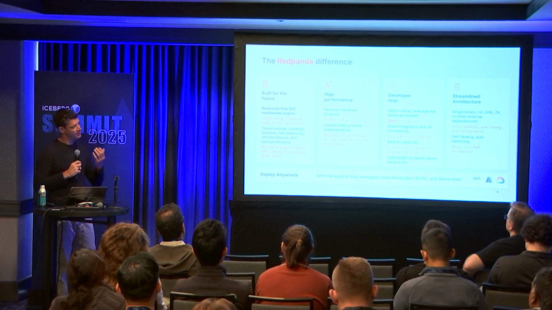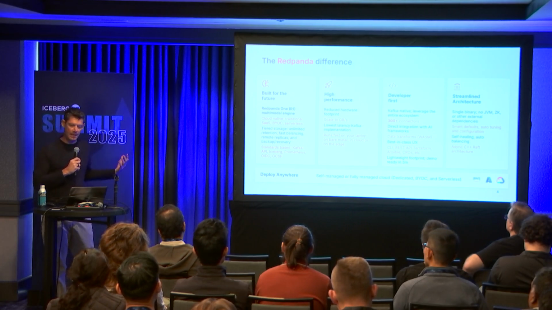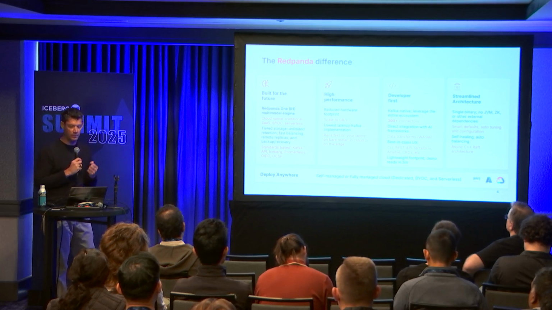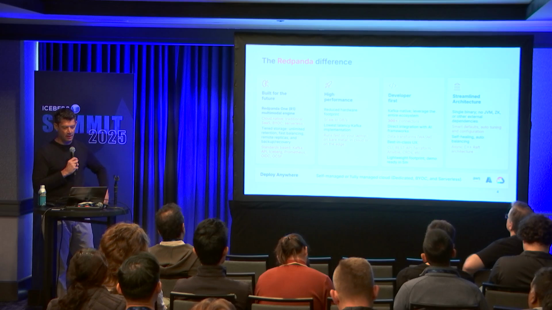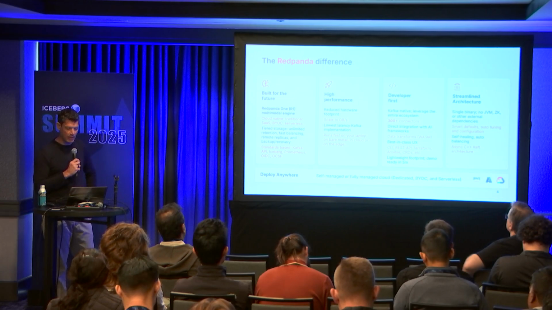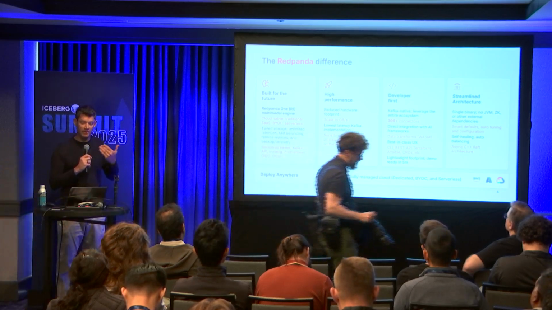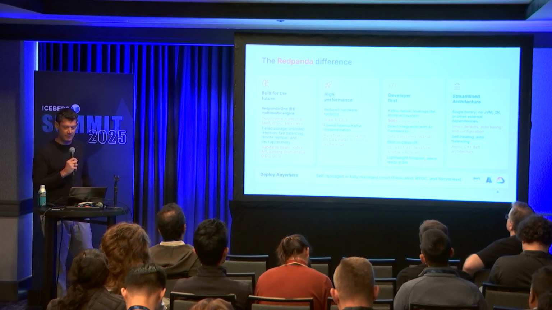So we have customers running this broad mix of operational and analytical Kafka-based workloads, building out more and more of these pipelines directly in this very simple single broker architecture, and now extending that to lakehouses as well. So we run 10 gig per second workloads. We can run, like I said, at all these different deployment options, at the edge and bare metal and Kubernetes, wherever you want. And developer first is where we built our brand, being very developer friendly, having that small footprint, single binary, but also having a really nice CLI, really nice APIs and automation.